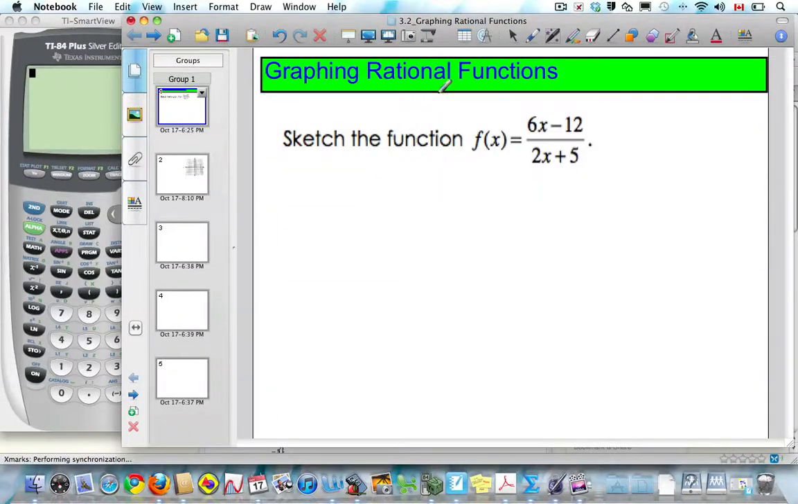Hi, it's Mr. Rops here, and we're going to talk about graphing rational functions. When I look at graphing rational functions, there are always four things I consider to start off with. The first are my vertical asymptotes. And when I look at the vertical asymptotes, the key that I look at is always the denominator of